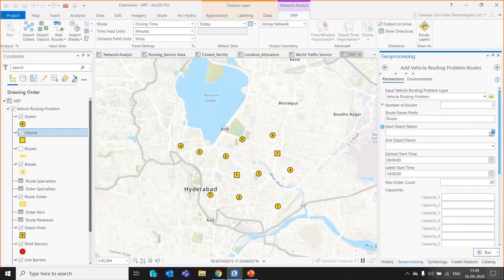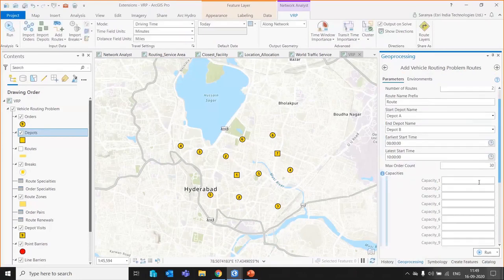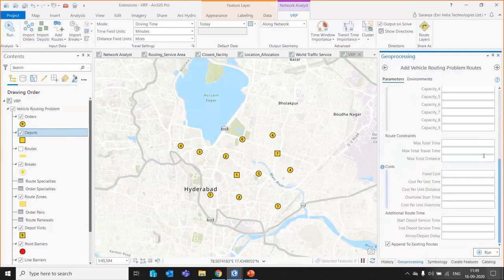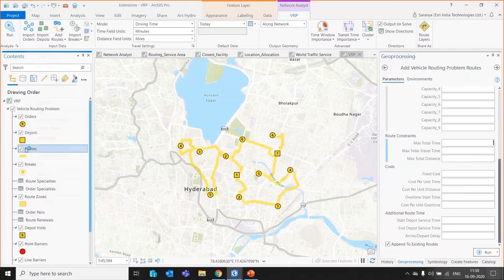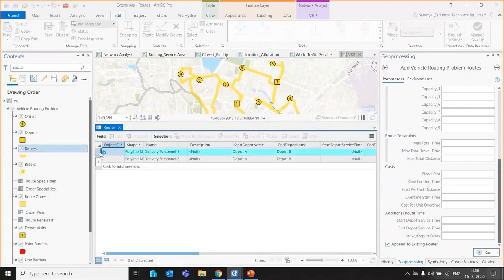You can say where the collection should begin and where the exercise should end. We can have inputs for what capacity a particular truck can carry. You can give inputs about what the cost involved is, what the total time a person can take is, and what the total travel time and total distance he can use are. All these types of inputs can be given here. And you can run the model to get an optimal route. And when you open it, you will be able to see we have separate routes for separate personnel.